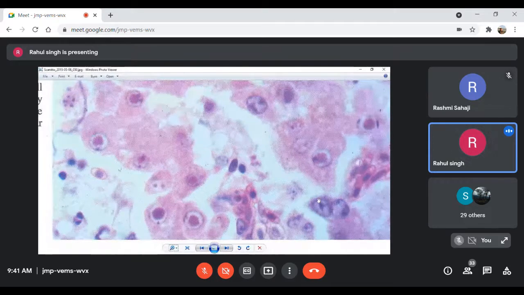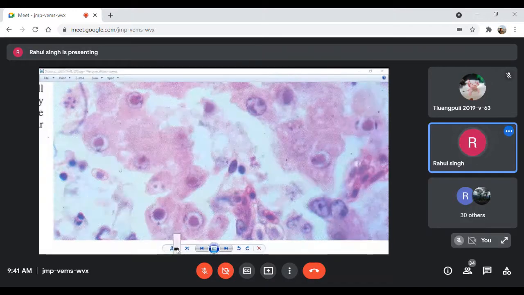You can see this is another nucleus with a very prominent nucleolus. This is the margination of chromatin, prominent nucleolus. Chromatin is on the periphery. Here you can see even the nucleolus is on the periphery. The nucleus appears vesicular, empty. All right. So the first characteristic you have to observe is the inclusion body here. The surrounding empty halo is around the inclusion body.